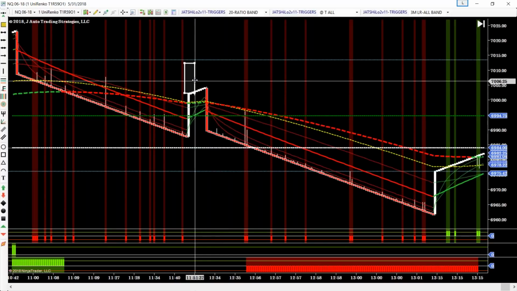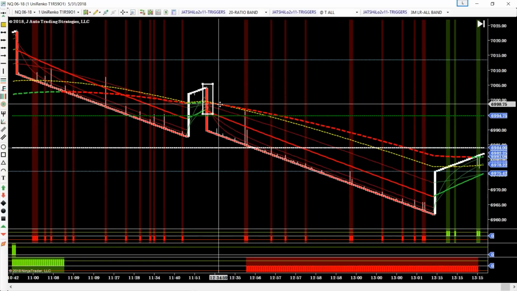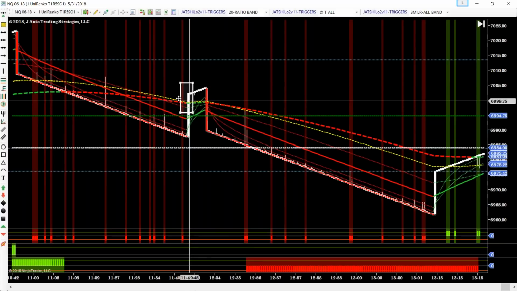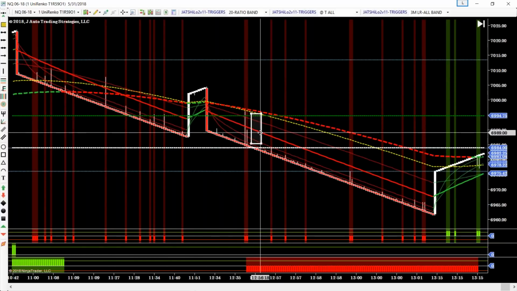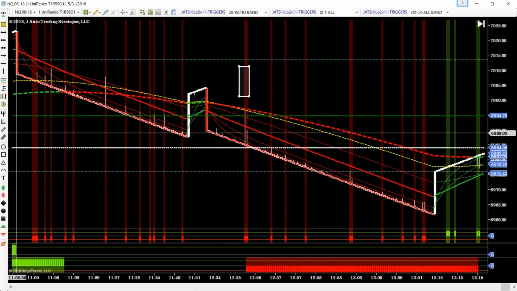Then you're going to get that stop out. But sometimes you won't even get the stop out. It will come back. You'll sit through the rollover. Don't close your position because it might still be a winner. It's just going to take a little bit longer. And what I like about the